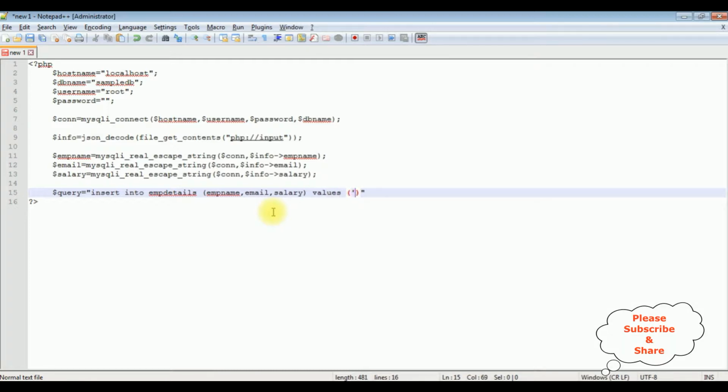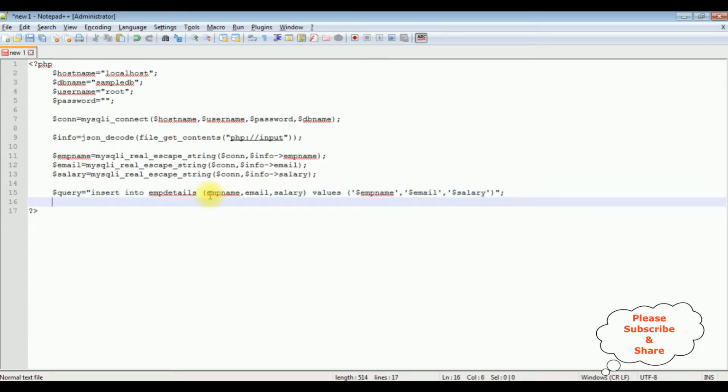In these values, between single quotes, I'm adding these variables: $empname. Copy this one, comma, between single quotes $email, comma, between single quotes $salary, semicolon. In the last statement, if the records are inserted successfully, I want to display the message of the last inserted